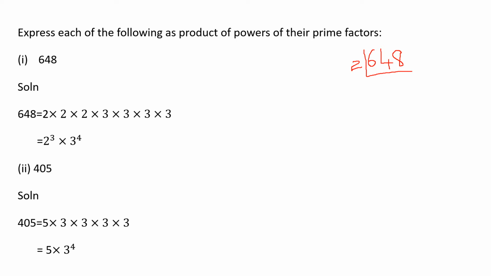Okay, children. So now 648 is divisible by 2. Divide it, you will get 3 2s are 6, 2 2s are 4, then 4 2s are 8, right? So again it is divisible by 2. 1 2 is 2, 1 balance, so 6 2s are 12 and 2 2s are 4. Again it is divisible by 2, right? So 8 2s are 16, 1 2s are 2. Again, is it divisible by 2? No, it is not divisible by 2.